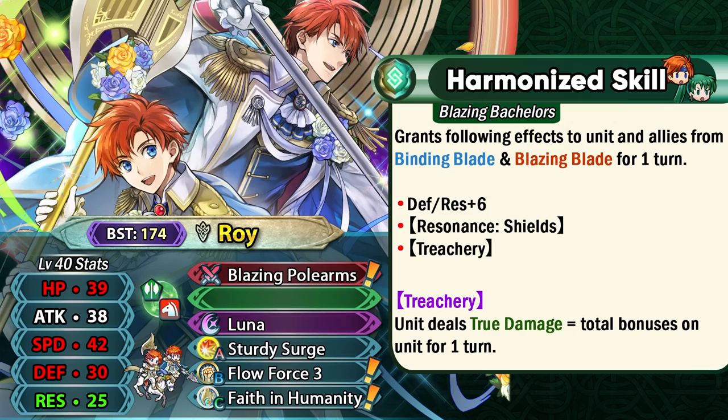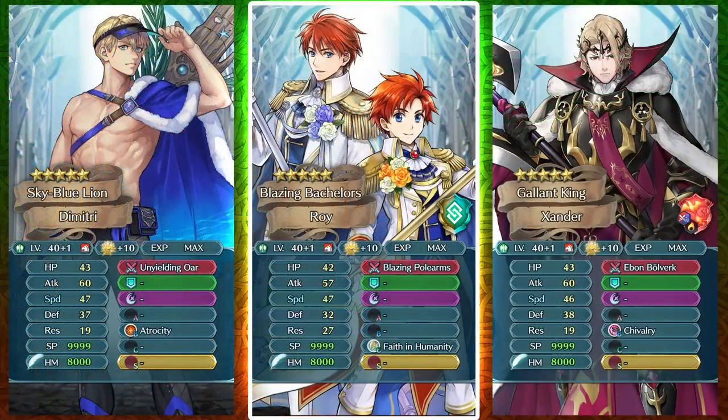Now, he's definitely going to be compared to the other Axe Cavaliers like Summer Dimitri and Xander. Now, Summer Dimitri is pretty ridiculous because of having the true damage and also having a brave weapon, which is definitely a lot easier to trigger and also functions in both phases. So he's mainly going to be facing competition from Dimitri when it comes to being an offensive Cavalier,